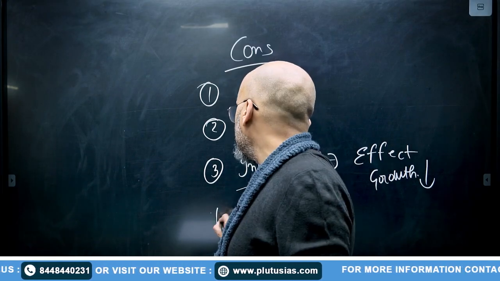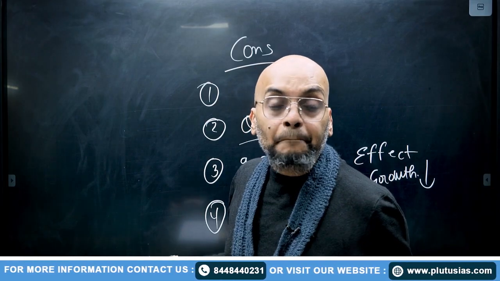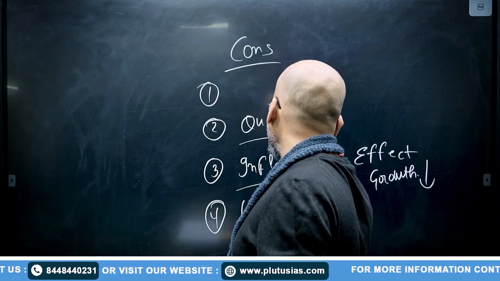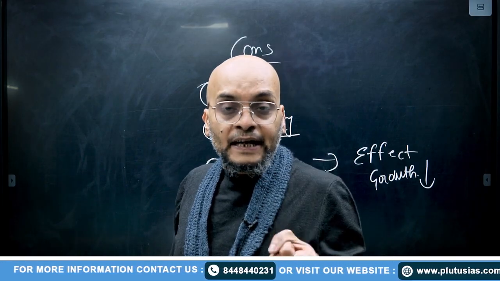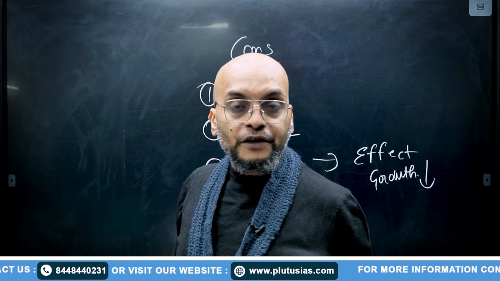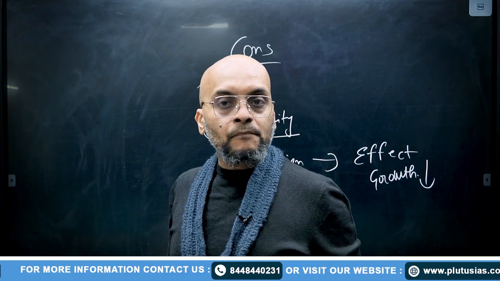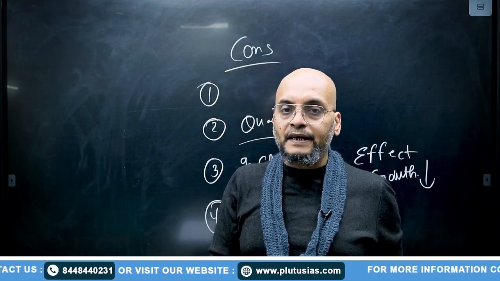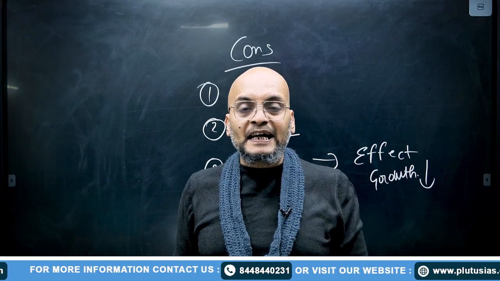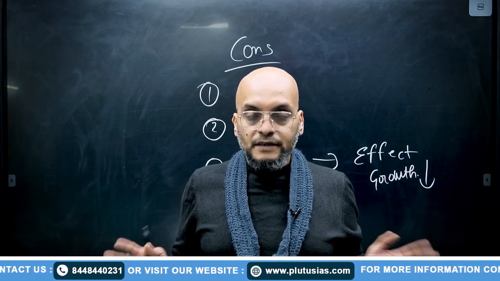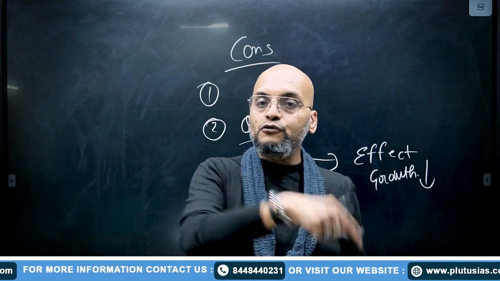And obviously, if we talk about world trade, world trade is also going to get hampered because this tariff thing can start a trade war. What is the meaning of trade war? Country A imposed tariff on the chocolate of country B. Now country B was importing, let's say, bread from country A. It will impose tariff on the bread of country A. And this will continue. They will keep on imposing tariffs on several goods. Yes or no? So this is a sort of war. That okay, you impose tariff on me, I am going to retaliate.